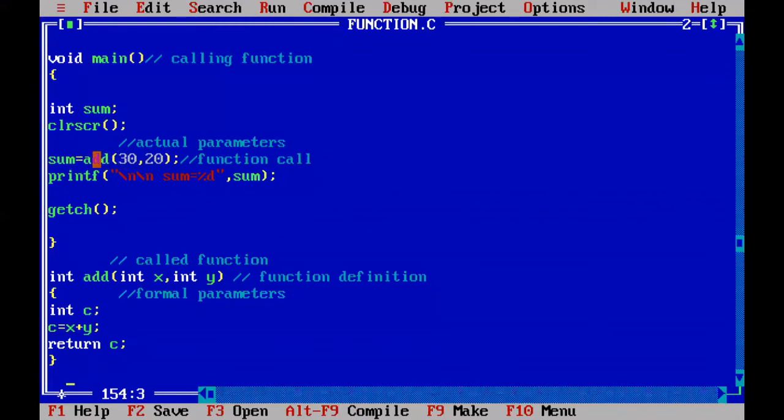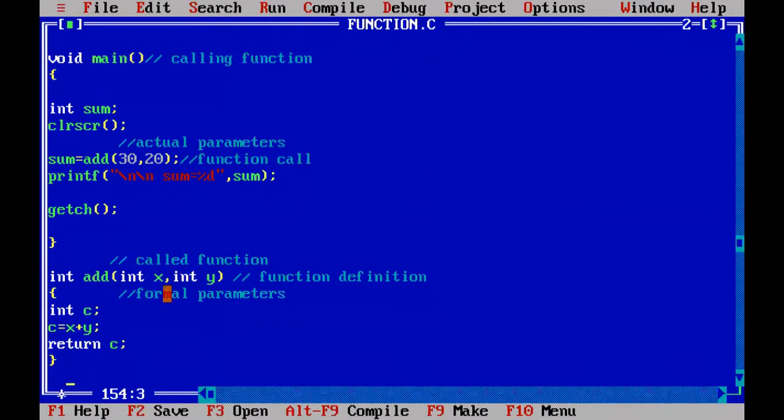By using this function call statement, add 30 comma 20, which function is called? This add, and both names are matching. The number of arguments, 30 and 20, two arguments, and here also x and y, two arguments, are matching, so the function matching this statement is called. The controller will go here and 30 and 20 are passed to x and y respectively.